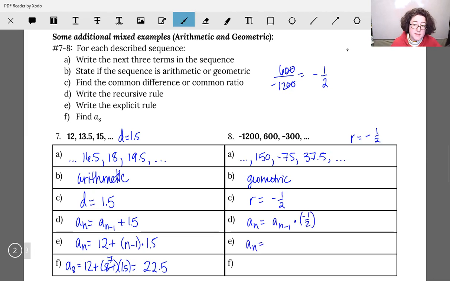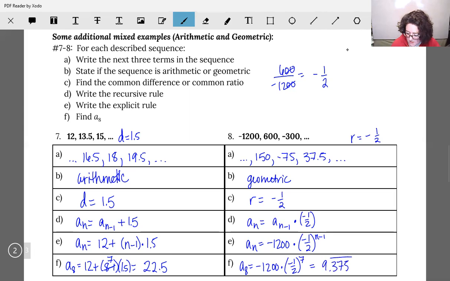Our explicit formula, which again is just based on the a sub 1, so that's negative 1200 times the negative 1/2 raised to the n minus 1. And for our a sub 8, the 8th term, plug in 8 for the n. So up in the exponent, 8 minus 1 turns it into a 7. So this is really negative 1200 times negative 1/2 raised to the 7. And again, be careful on a TI calculator, use the parentheses. You should get out